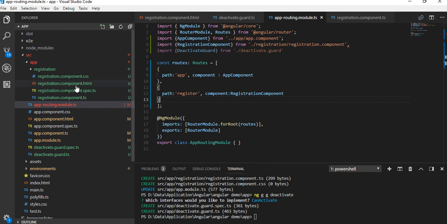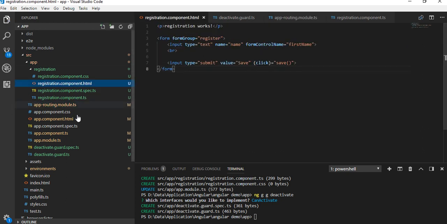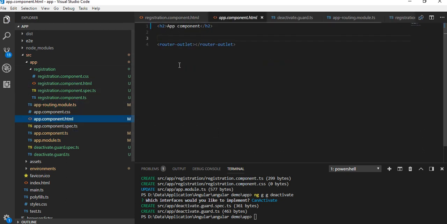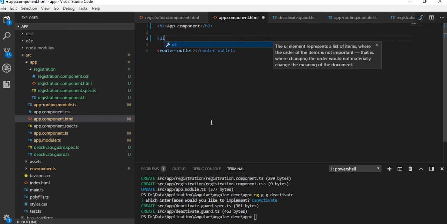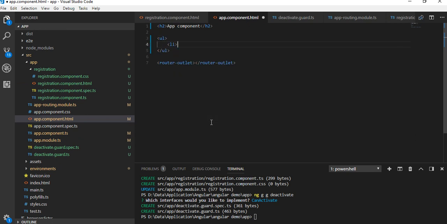Now go to your HTML to define the menu. Open the app.html, and here we'll define the menus, and that menu will link with the route that we have defined. So we'll define UL and LI. Inside this we'll define two anchor tags, and here routerLink will act as an href.